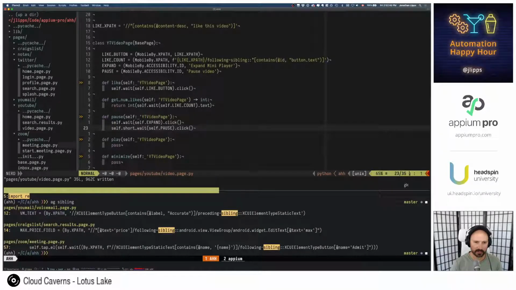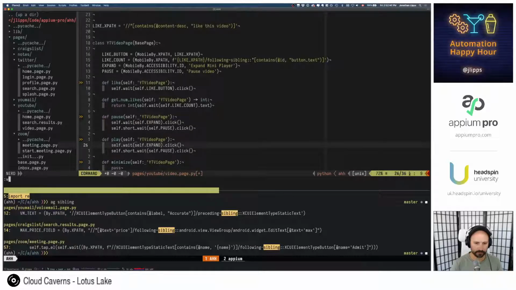Okay, and then play is going to look the same. But what we want actually is to make sure before we click pause that we can't find the pause button. So here's what I'm going to do.